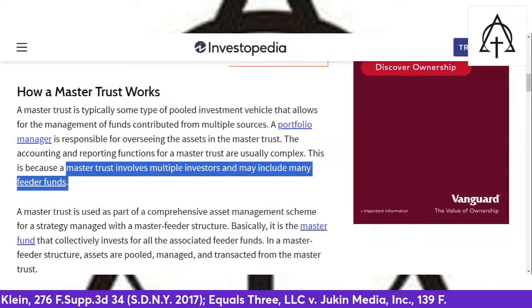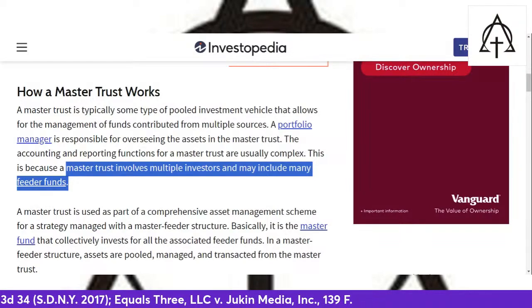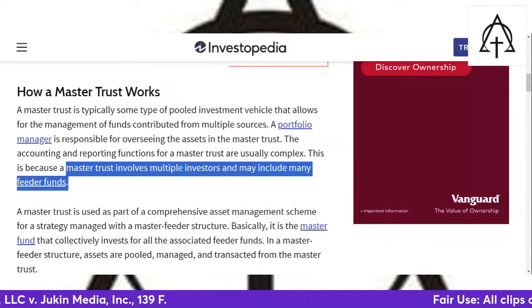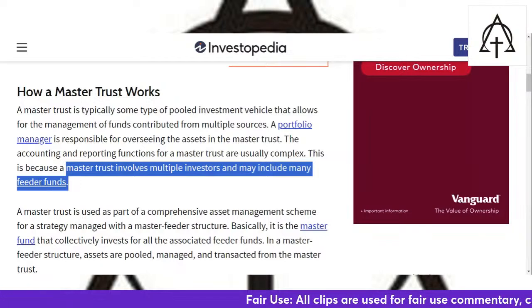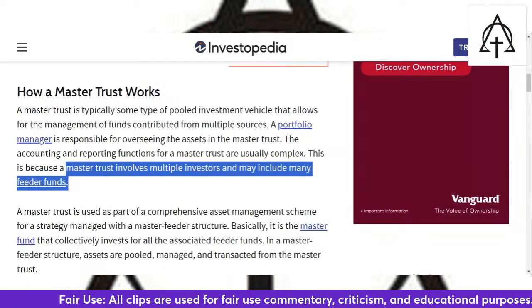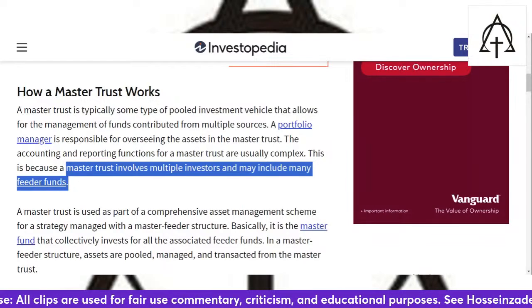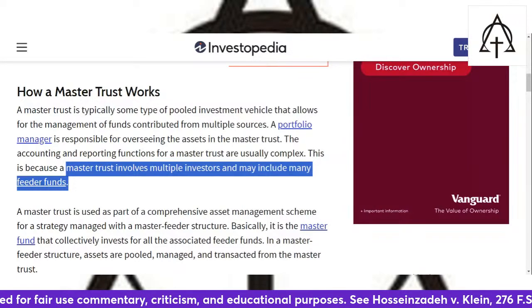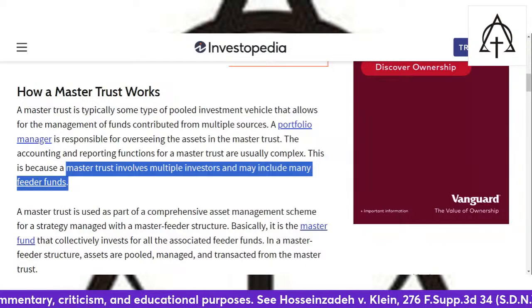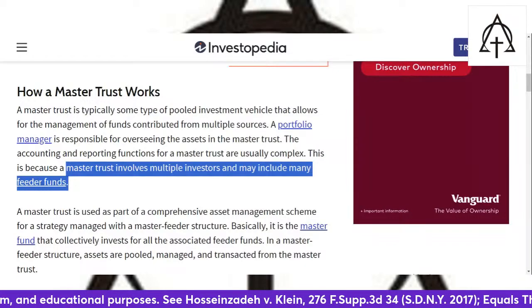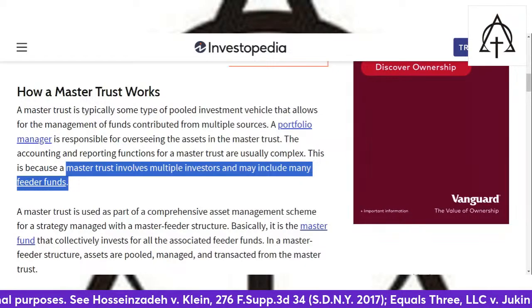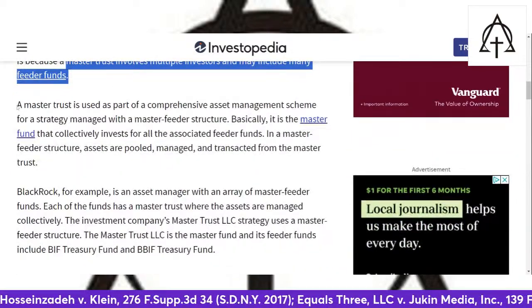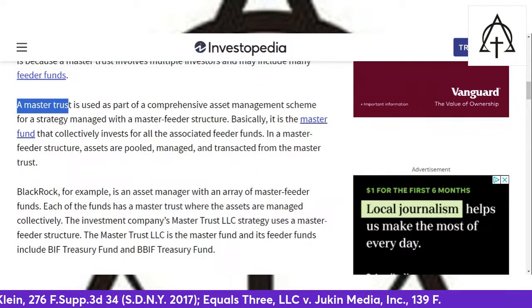The schools are feeder funds. The restaurants, the theaters, your entertainment, all of it, everything of commercial value is a feeder fund. Everything has interest and inflation. That's a feeder fund. That's what this system lives on. Inflation and interest, not the taxes and insurance. Those are distractions. A master trust, that's the fraud.